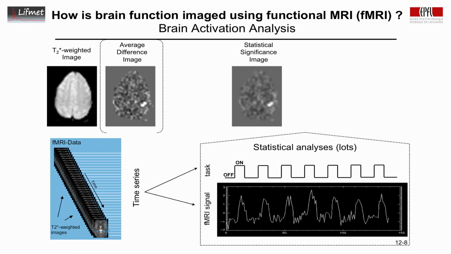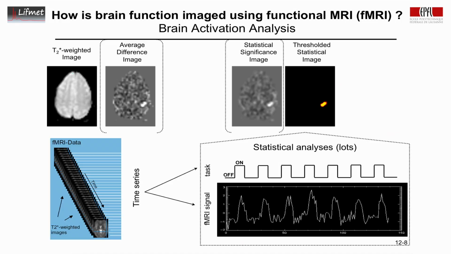So what one gets then is a statistical significance image. That basically just says, I'm looking at the statistical probability that a particular pixel here is indeed following the activation pattern given by the task. And here we can see a higher statistical significance. This actually is not looked at directly. What is looked at typically is the thresholded statistical image. So after a certain z-score, statistical relevance score, one decides, yes, this pixel is indeed activated. It is responding to this particular task. And so one thresholds out the low statistical probability pixels